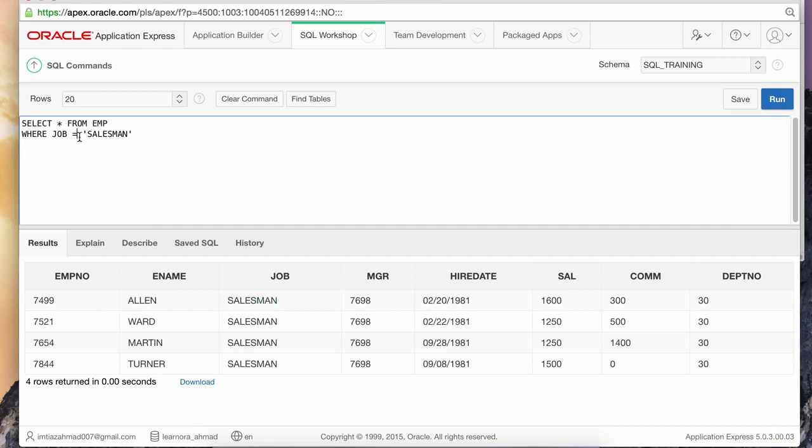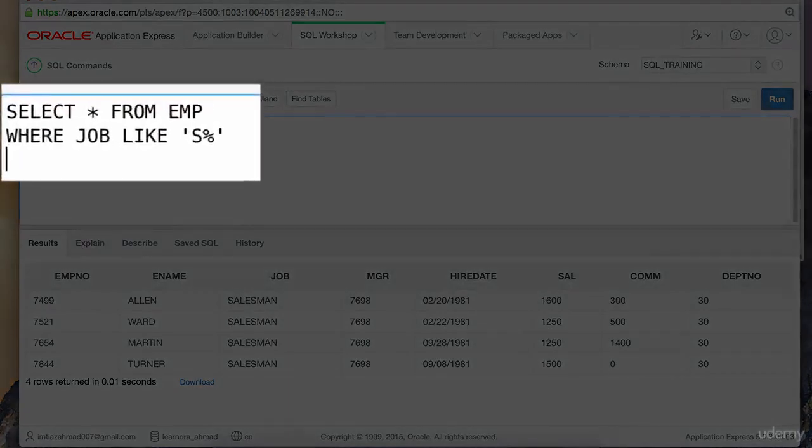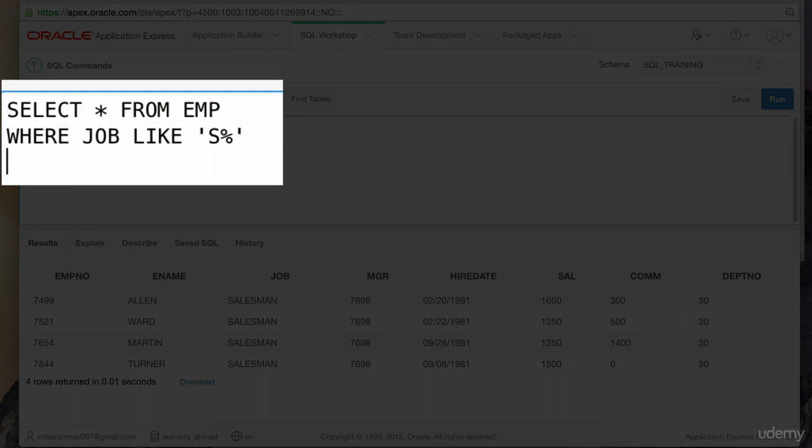But I can also do LIKE, and if you highlight this and hit run, it's going to give us that data. But you might be wondering, why would you use LIKE? You could just use equals. Well, the benefit of LIKE is that I don't have to give this entire exact word. I don't need to know that up front. I can just say, give me all of the data that contains this pattern, S%. What this means is give me all of the data that starts with the letter S in the